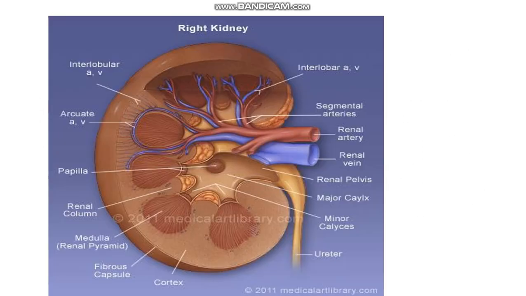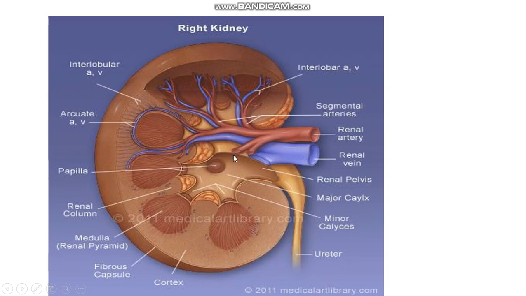So we can explain it with the help of the picture. This is the naked eye examination of the coronal section. So here it is a coronal section. The main characteristic is that it is bean shaped and it has a convex lateral margin. This is the lateral margin and that is convex in shape, and medially there is a hilum. On the medial margin the hilum is present, and this hilum